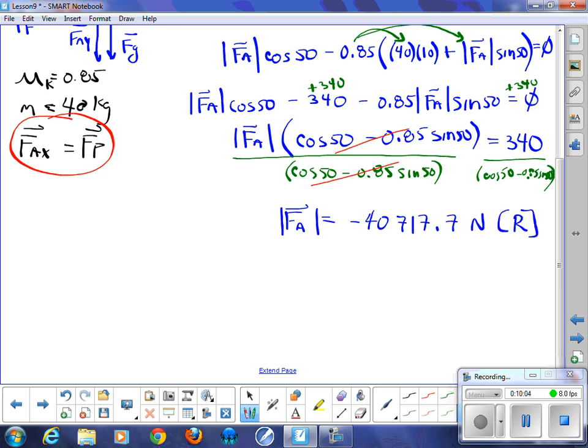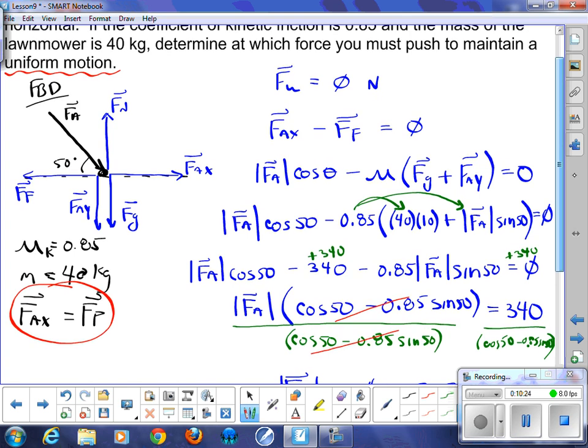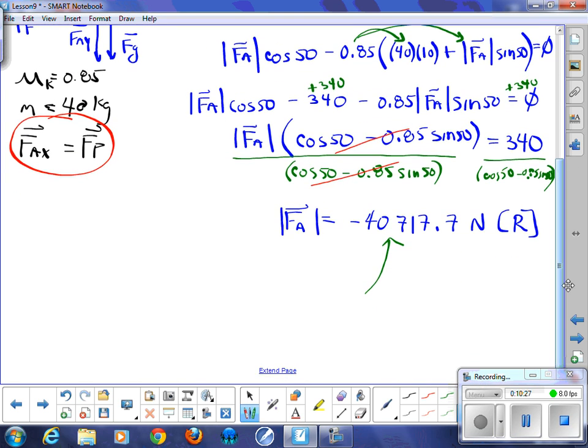So that doesn't really answer our question, I guess. I was hoping to have one question work out to be a nice answer, but now we get to work on interpretation once more. So what does this mean? Because it's a negative answer, it means that it's opposite to the situation I showed there. It tells me that there is no way to push this lawnmower to achieve this. So therefore, not possible